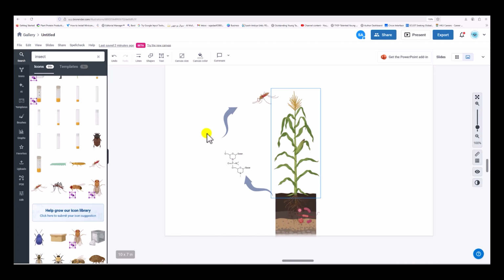So from there you can learn how to use advanced features such as customizing color and exporting high resolution files for publication. So this was about BioRender, and as I mentioned before, you can export in different formats. Okay, but the problem is it will cost you, but you can use a free version as well.